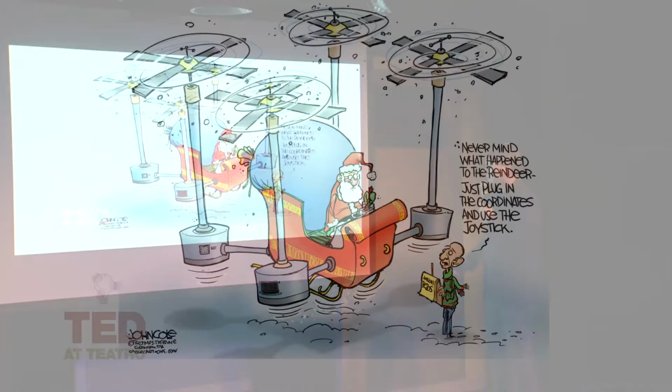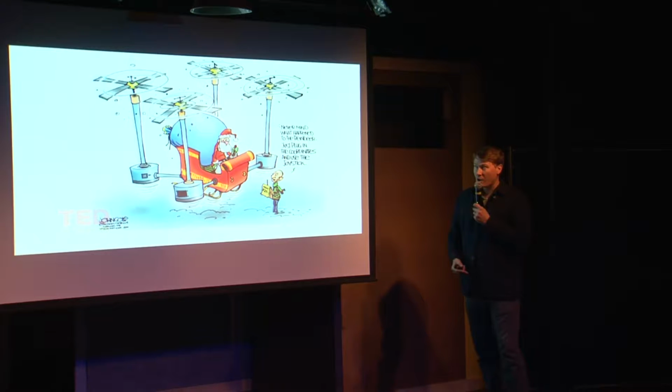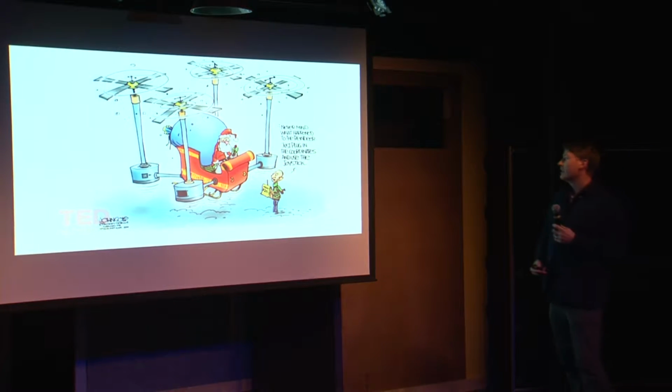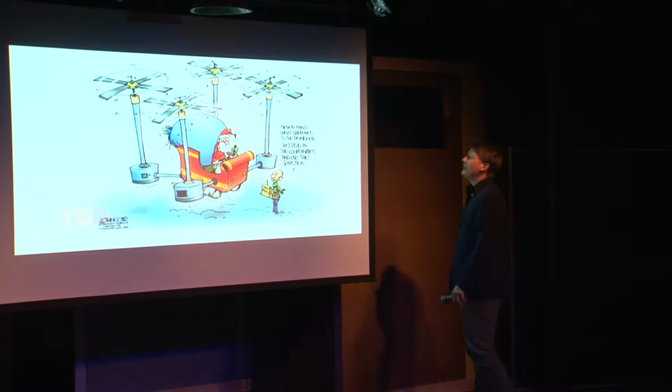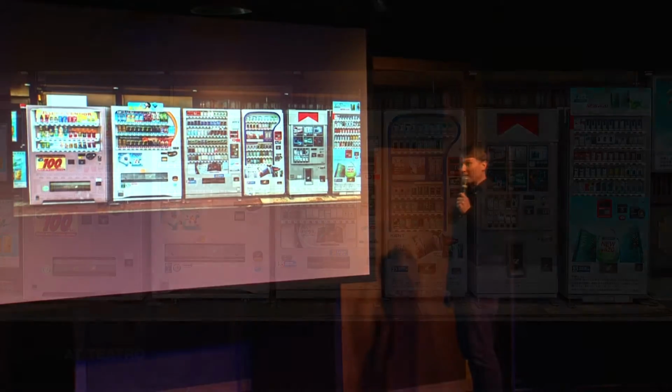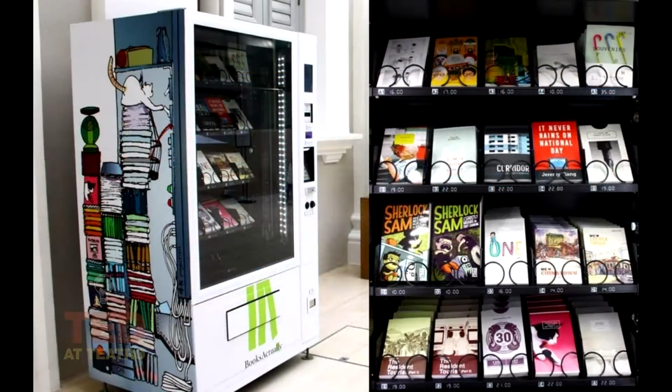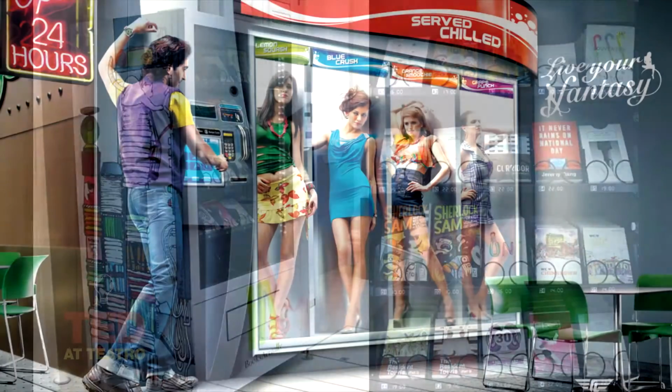And I thought I'd throw this in, a cartoon of Santa Claus, like, how can he compete with Prime Air? This is going well. I only barely rehearsed. So these are all the vending machines hooked up to the Internet of Things. Again, this might be a traditional view of what you think you might be able to buy and what robots can do to you, but here is a conversation starter, perhaps this next slide.